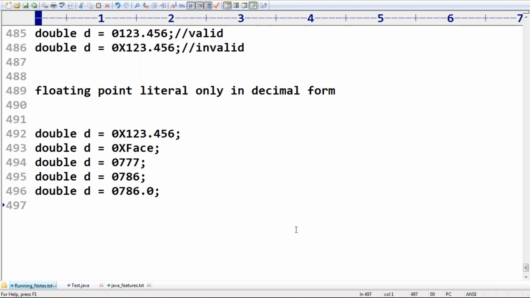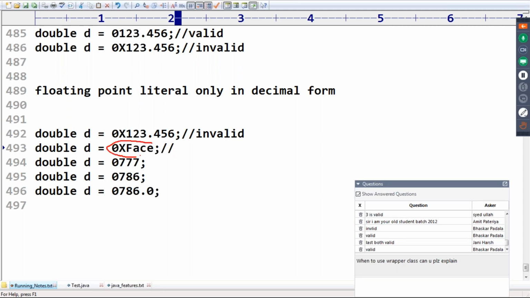Can you please confirm among these which are valid, which are invalid? Okay, 100% pakka the first one is invalid. Okay, next up, what about the second one? Second one, okay, remember, right? Second one is valid. The reason is